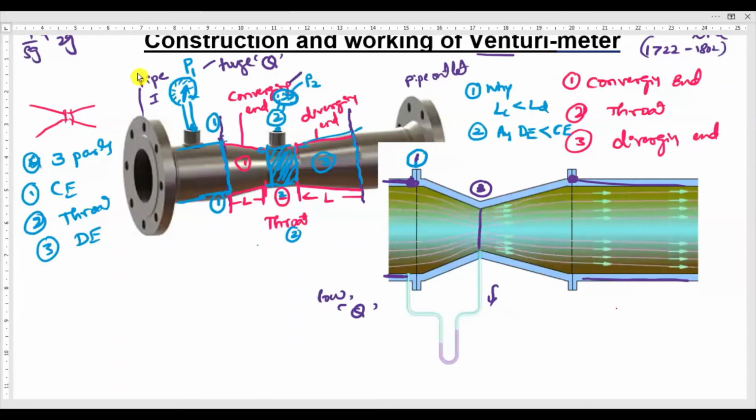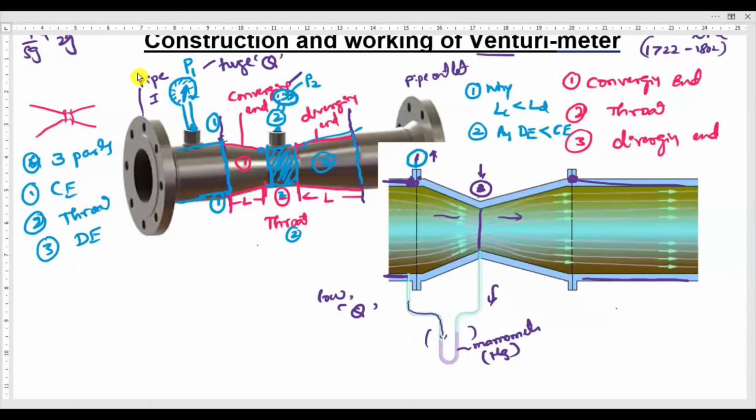As you can see, friends, here there is a fluctuation in the mercury level of the manometer. Here it is, I will take it as the manometer. The standard fluid used inside the manometer is mercury, and here the pressure is more and here the pressure is less. We already studied that fluid flow always takes place from one end to another due to pressure difference. Here pressure is high and here pressure is low, so the fluid is flowing from one end to the other. For that reason this liquid is applying more pressure on the mercury level.